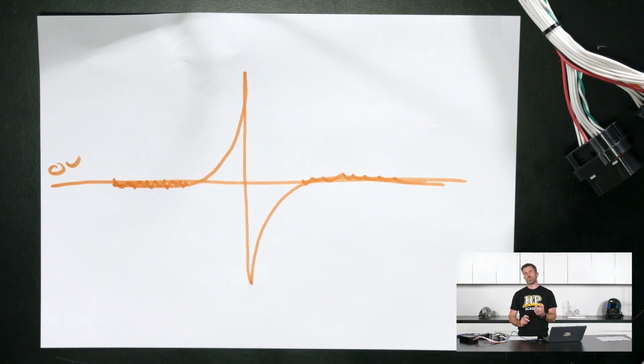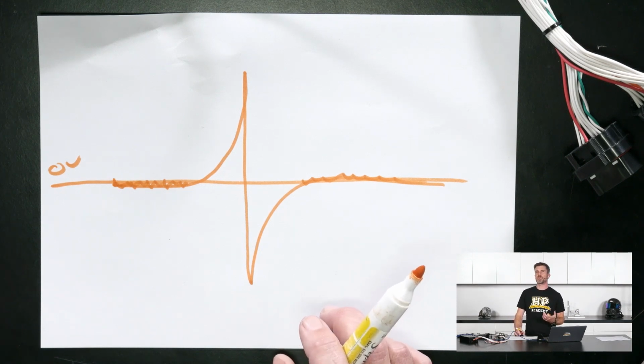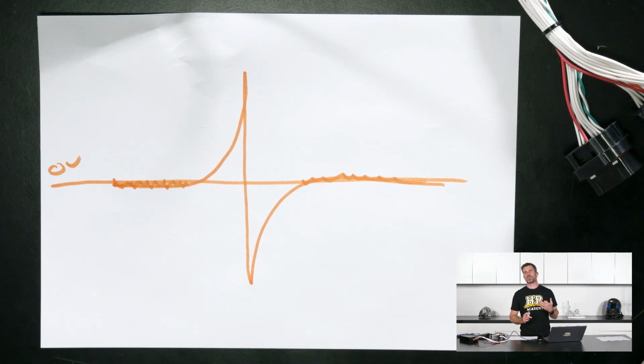And to ignore that background noise and basically provide more noise rejection, what the ECU is going to do is wait for the voltage to rise past the arming threshold. In some ECUs, this might be referred to as hysteresis, but arming threshold is probably the most common. So